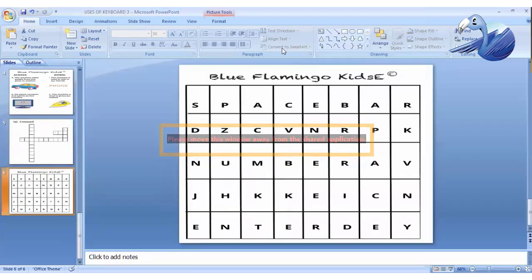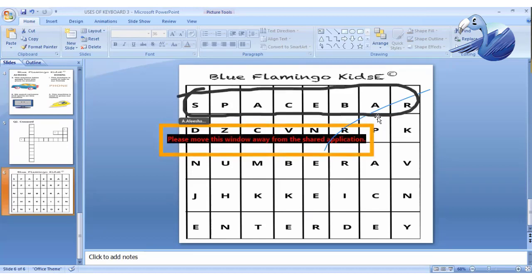Now, in this, students, this is a puzzle. So you have to solve this. Let's start searching the words. Those words are related to our keyboard. Okay, so the first one is,